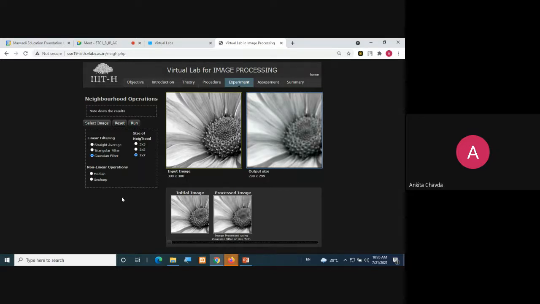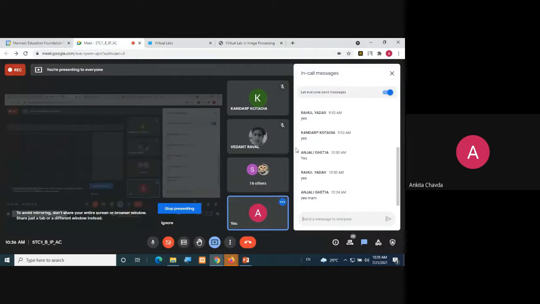Then I'm explaining this non-linear filter. Please try this.